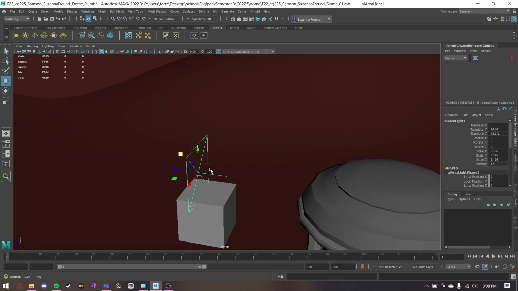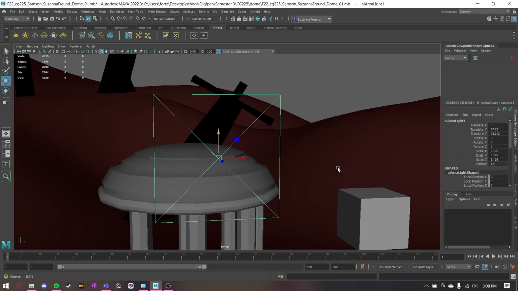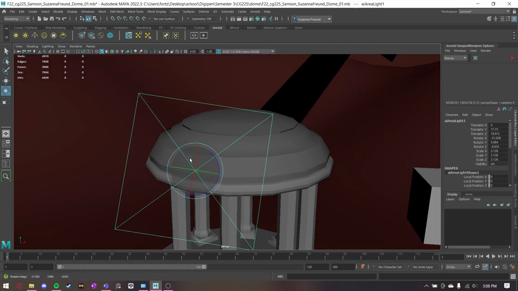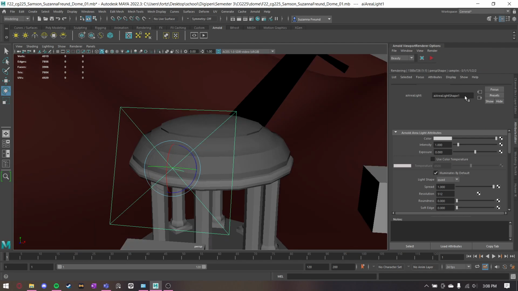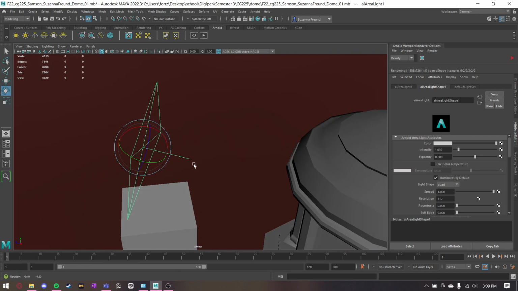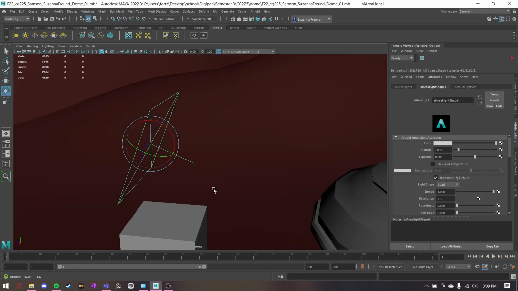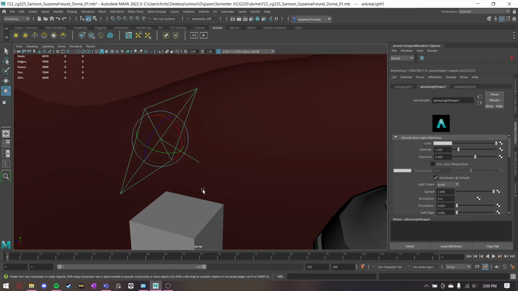Area lights basically function as windows that have light come through this square. So you can angle it, and you can go into your attribute editor and change the brightness and the color and how much it spreads and how many shadows it casts and everything. They're better used for smaller scenes or indoor scenes, so I wouldn't really use it for an outdoor thing like